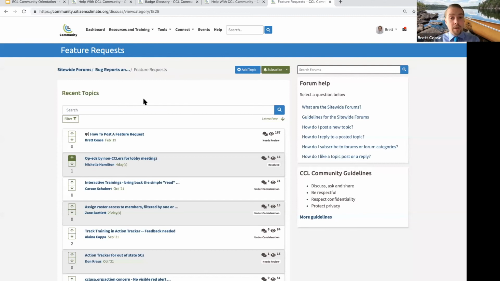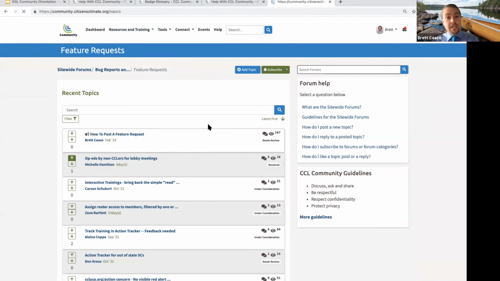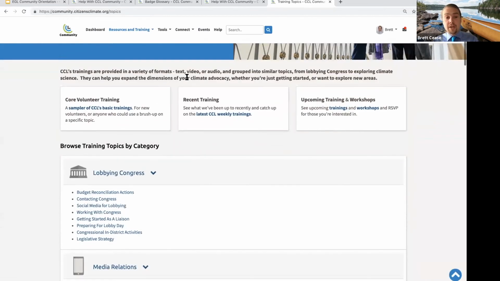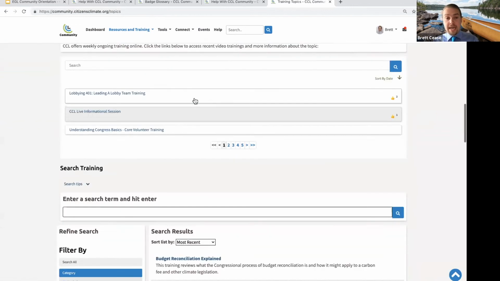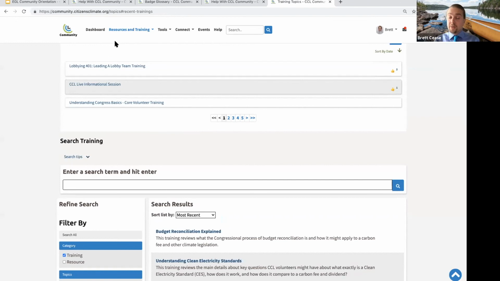All right, so this is a quick reminder of where you can find trainings. And I think this will be the last question I take before we go back to putting on a little reminder for a second breakout. And that is, if you go to the top training and resource drop-down menu, click all trainings, you can see that on this training topics page, there's a top block that says recent training. Check out what we've done recently. So you click that, it auto scrolls you down, and here's a list that is indexed chronologically inverse, so that the most recent trainings we've held are the ones at the top.